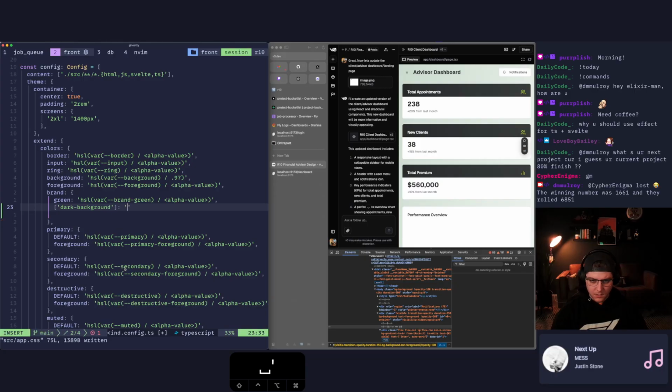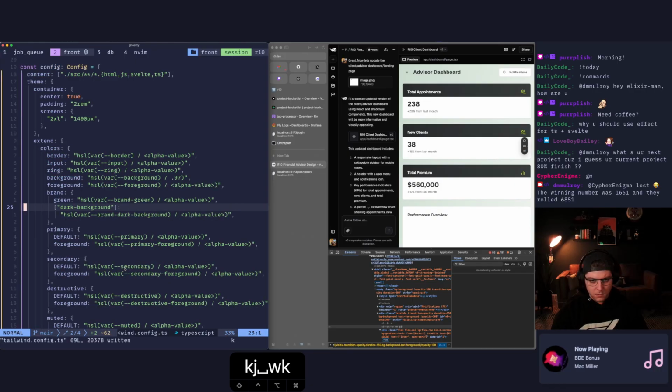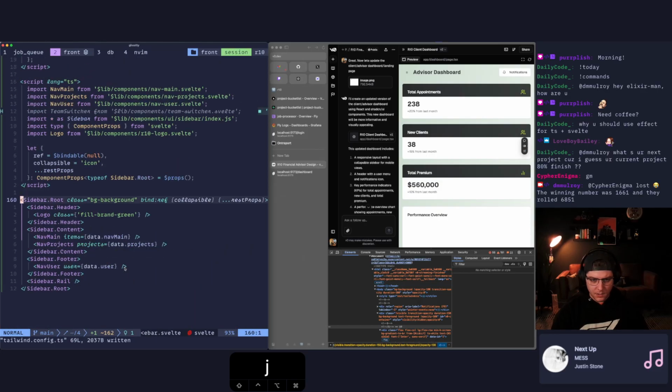And this will be HSL var dash dash brand background, dark background. And then that gets the old divide, alpha value. Okay, so we should have that now, and I should be able to go back to our component in here